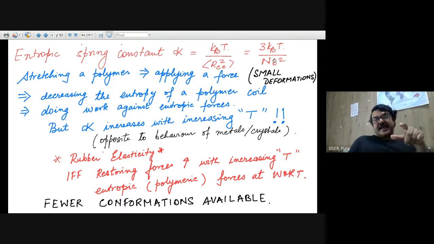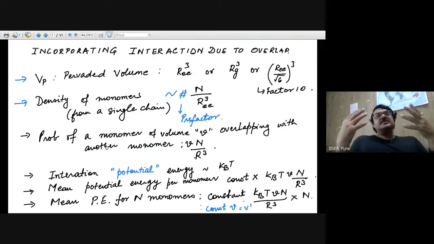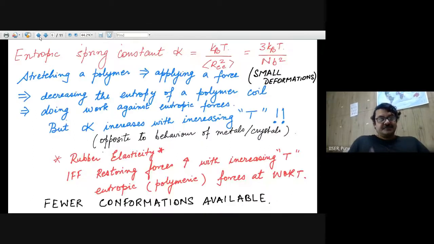And then this N will refer to the number of monomers between crosslinks. And in a rubber, the elastic constant actually increases with increase in temperature. So wherever you see spring constants increasing with temperature, the generic phenomenon is referred to as rubber elasticity,